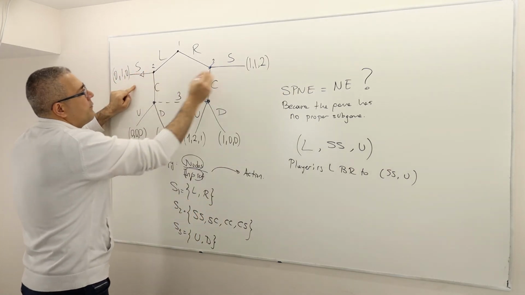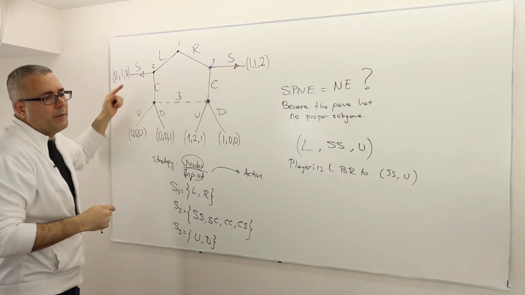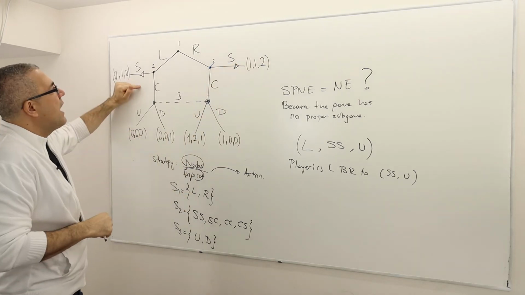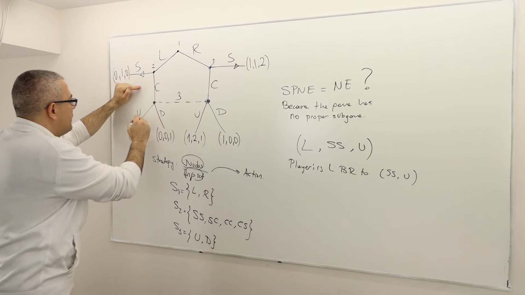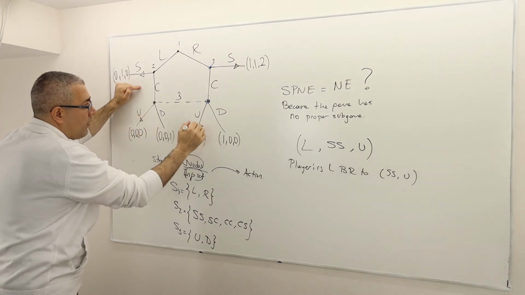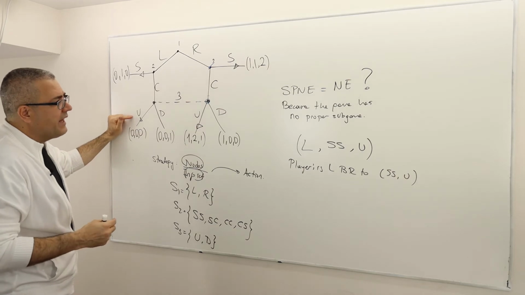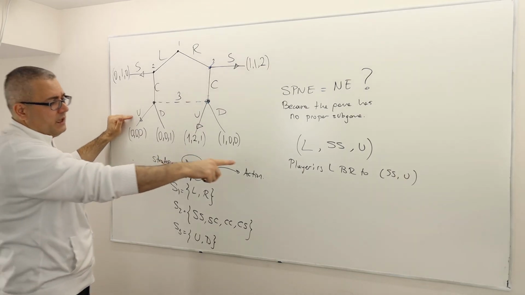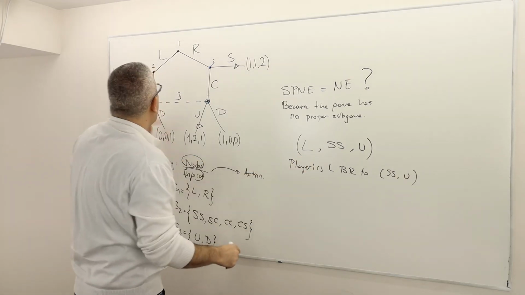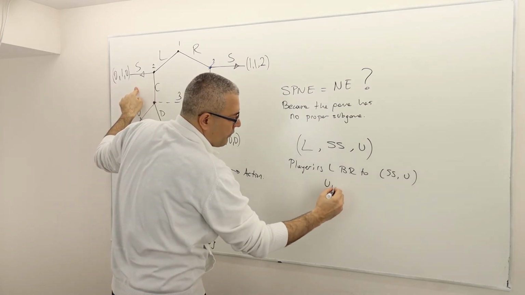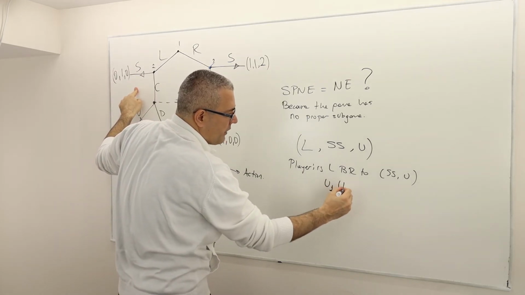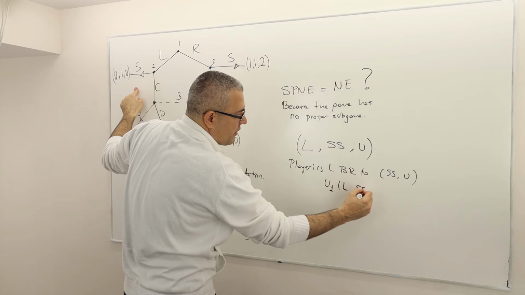So if you like, you can put arrows. I mean, to be honest, to me, it's easier. And then player 3 is playing U. Where? Well, on both decision nodes, remember? So then, if player 1 plays L, I know that the payoff of player 1 if he plays L, given the other's strategy, by the way,